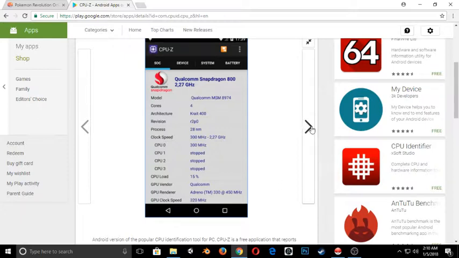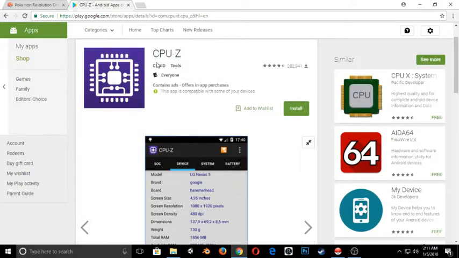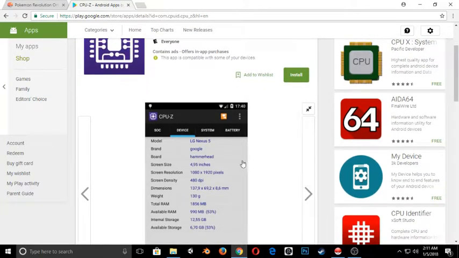Tells you your model, your cores, your architecture. So let's go ahead and click next. It says your RAM right here, 1,856 megabytes. That's a gigabyte 800 megabytes. And this will tell you your available RAM that you can use. So yeah, I recommend getting this CPU-Z, and it should be able to tell you